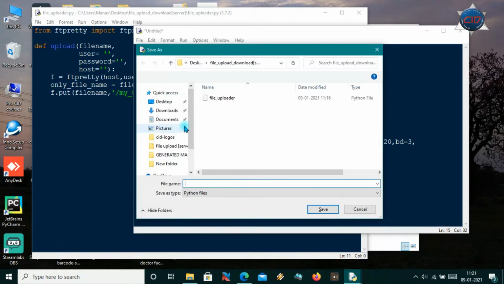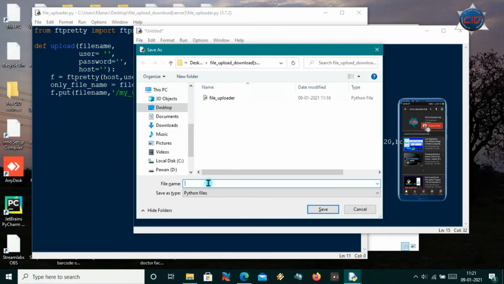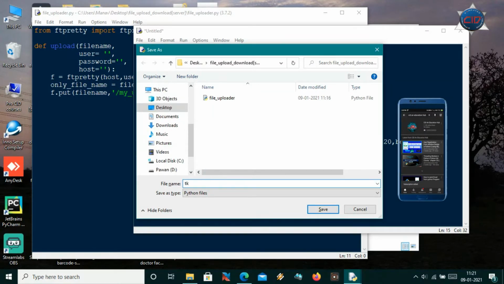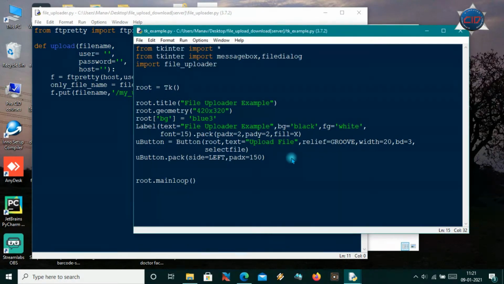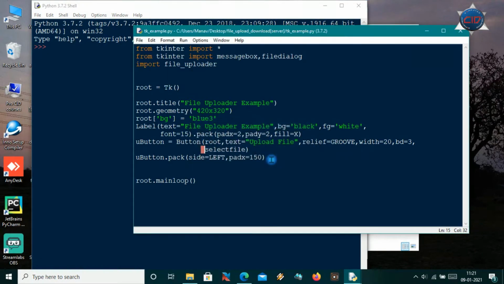Let me see how it will look, and I'll name it like tk underscore example. Now save it and run this. I have not made select file. So sorry, here I'll use command. Command is equal to select file, and now let me make another method here, and this method will be